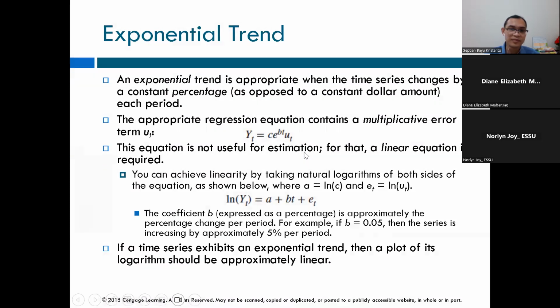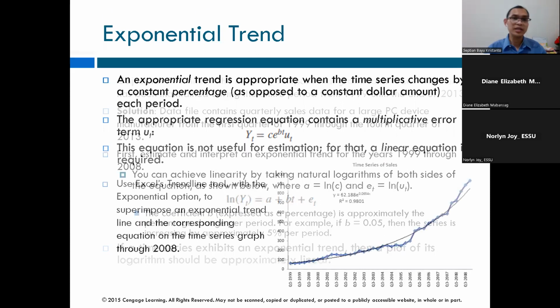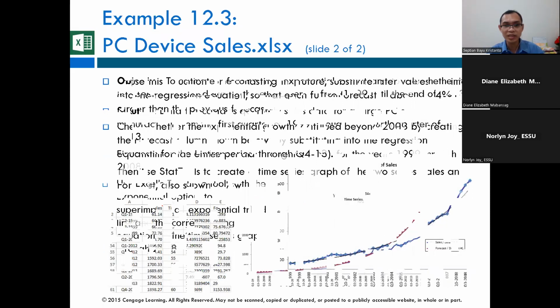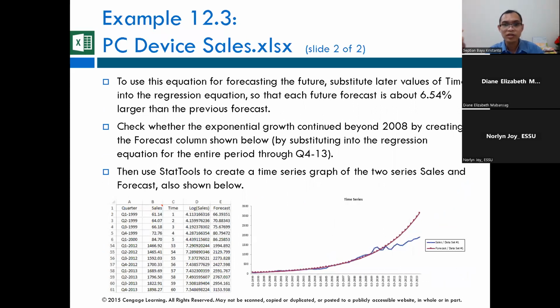That is for the linear trend. If your regression analysis is concluding about the exponential trend, we also graph the analysis or forecasting, but not in common regressions. Sometimes we use logistic regressions or probit regressions for the probability, but there is no linear regression for this one because the exponential could be